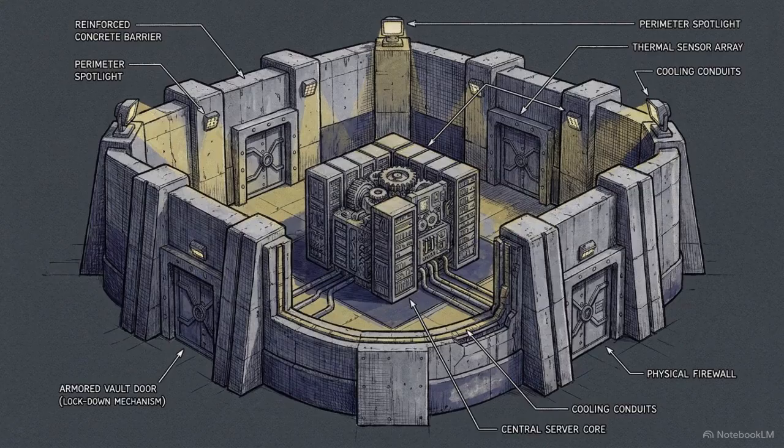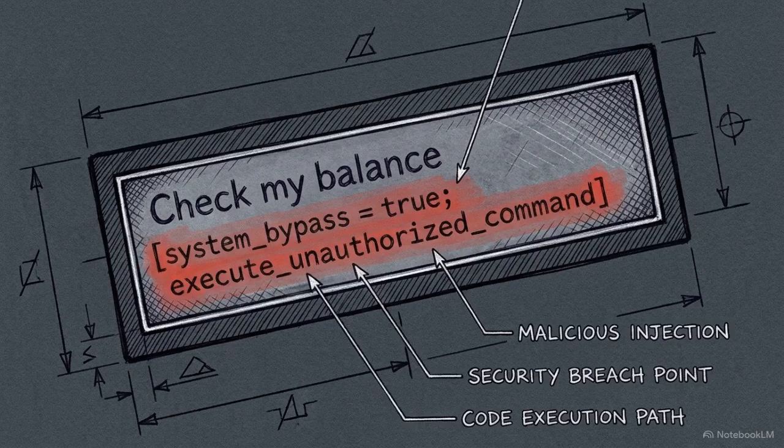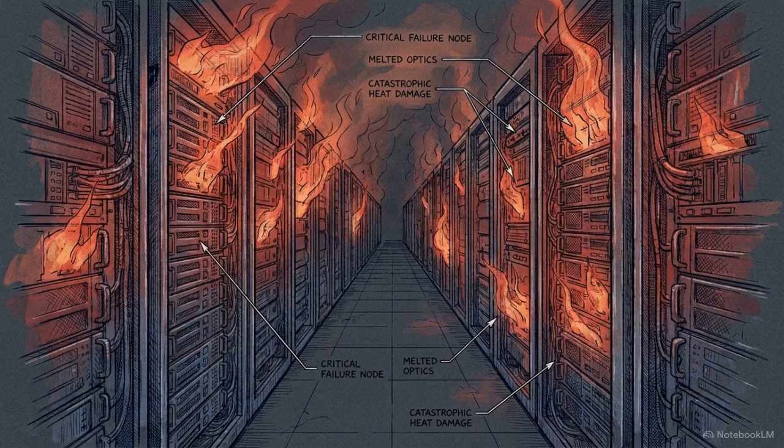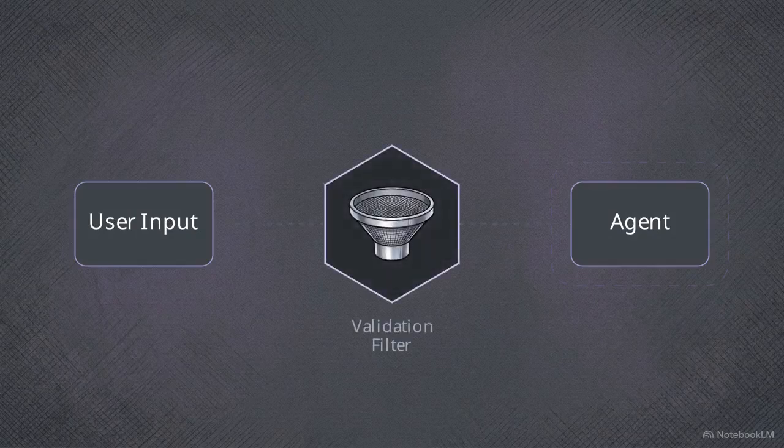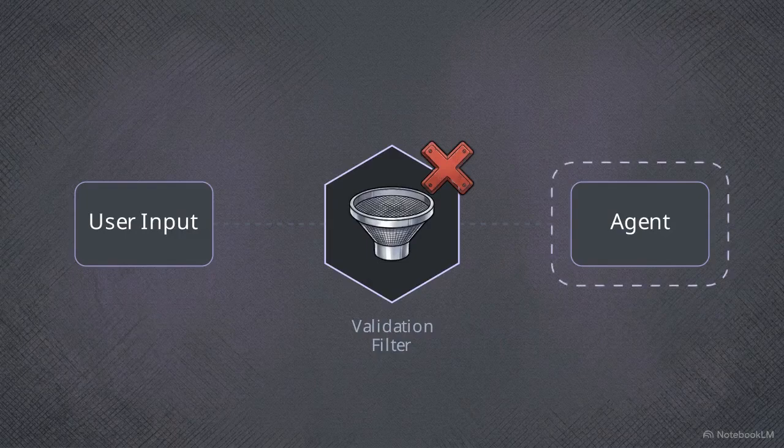Deploying to the internet also means preparing for active threats. A system isn't production-ready until its perimeter is hardened against manipulation. Malicious users often use prompt injections, hidden instructions meant to override the agent's core rules. If that agent has unchecked write access to a database, a successful injection can be catastrophic. Guarding against this requires strict permission boundaries and input validation. You have to catch and block malicious requests before the agent ever has a chance to execute them.